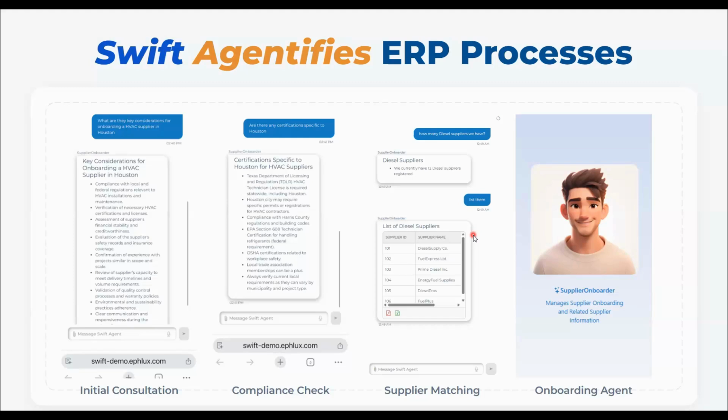talk to the agent to understand, for example, if they are onboarding an HVAC supplier for their company, they can do initial consultation with the agent. So the agent would go and fetch the latest information about the suppliers in that particular field or industry. And not only would it fetch those details, your business analyst can further even autonomize the